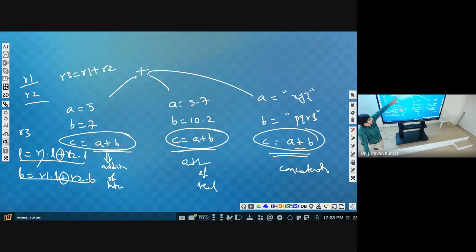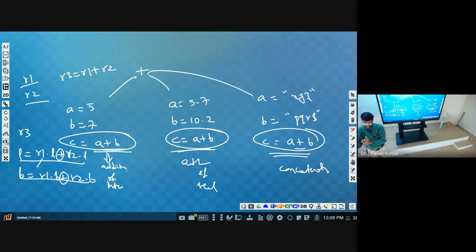So what is the type of r1? Object. And r2, what kind of object? Rectangle class objects. Between those two, can we use plus or not? It is not defined. Why? Because rectangle itself is not known to the compiler until we define it. We define it and say these are the variables, these are the operations that we can perform on rectangle.